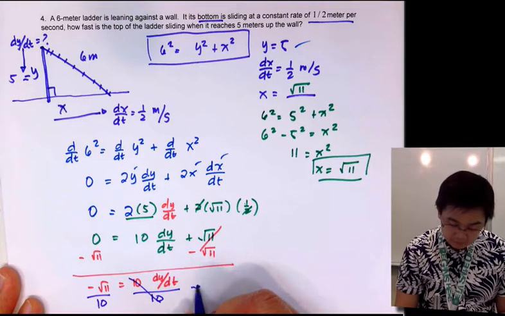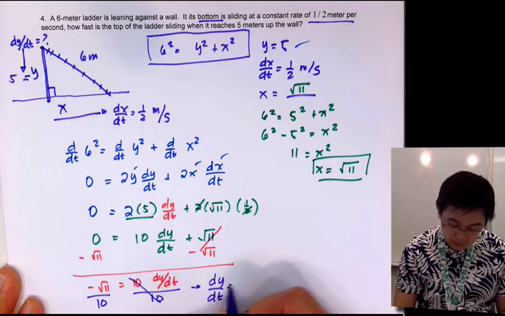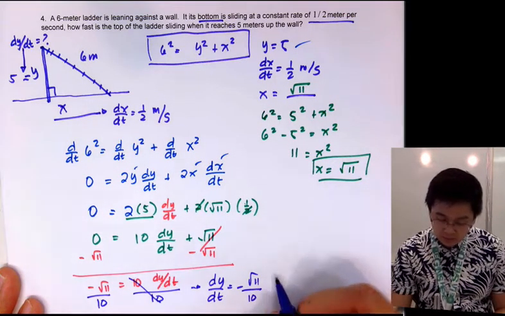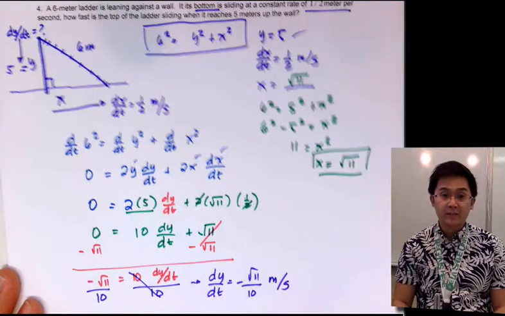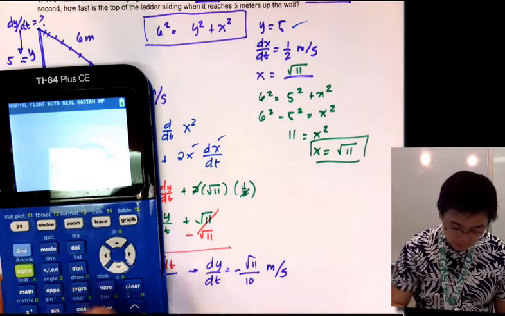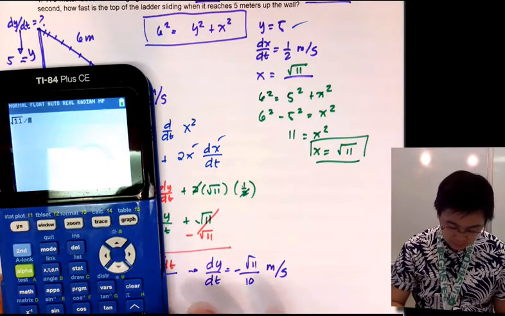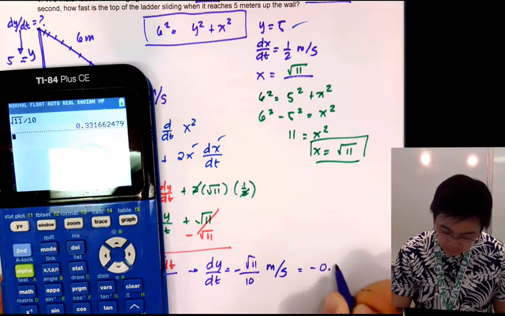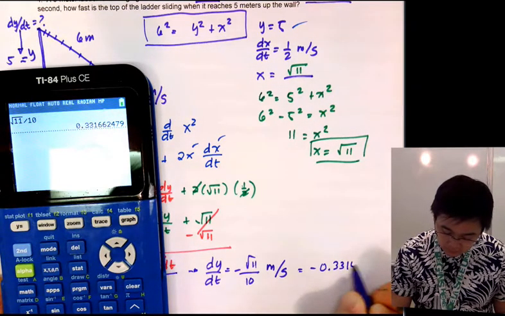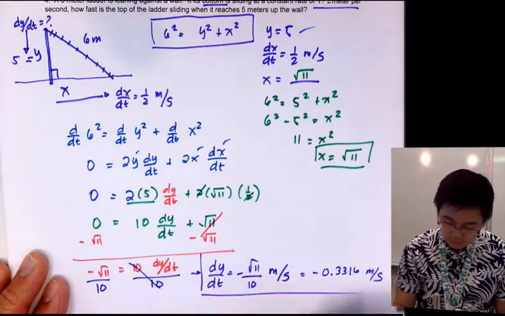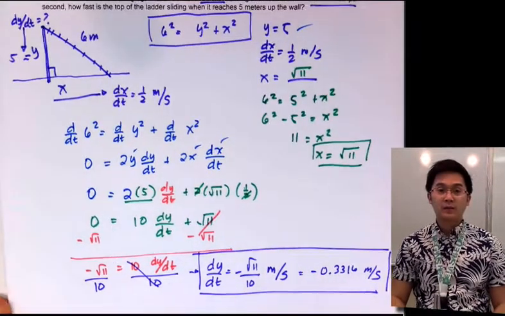So dy/dt is negative square root of 11 all over 10. The unit of measurement is meter per second. And if we're going to change this into decimal, square root of 11 divided by 10 is equal to negative 0.3316. And this is now our